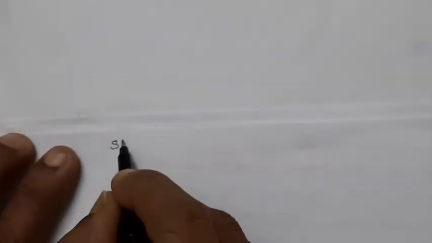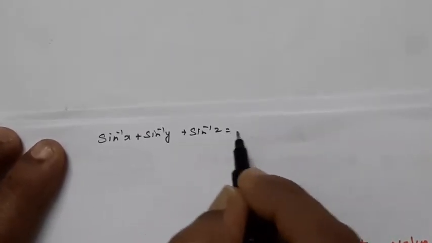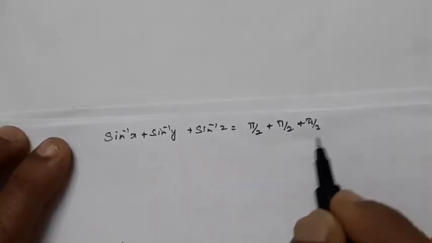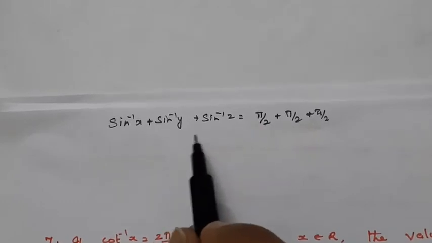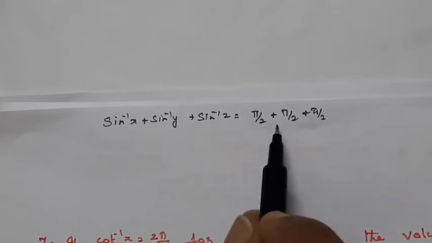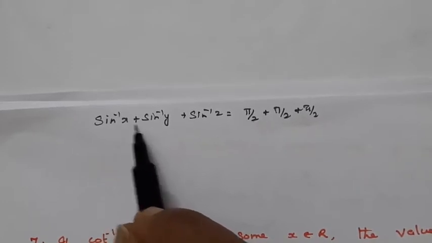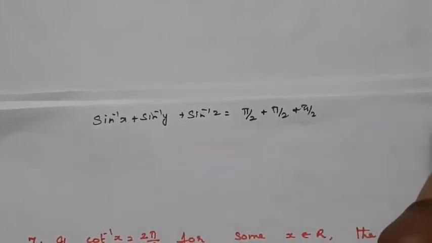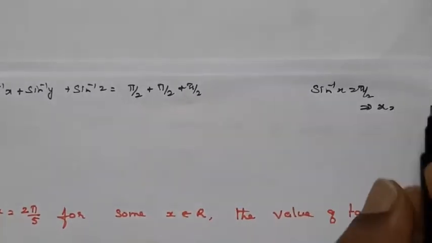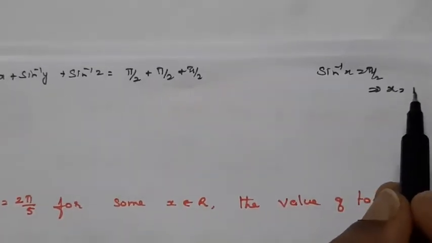Given that sin inverse of x plus sin inverse of y plus sin inverse of z is equal to 3 pi by 2, let us split this 3 pi by 2 as pi by 2 plus pi by 2 plus pi by 2. Moreover, each one is equal to pi by 2. That is, sin inverse of x is pi by 2, sin inverse of y is pi by 2 and sin inverse of z is equal to pi by 2. And what would be the value of x when sin inverse of x is equal to pi by 2? This implies the value of x is equal to 1.